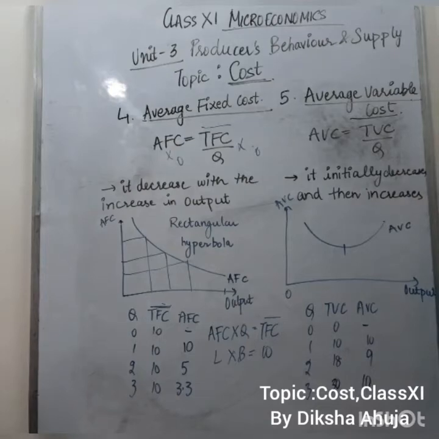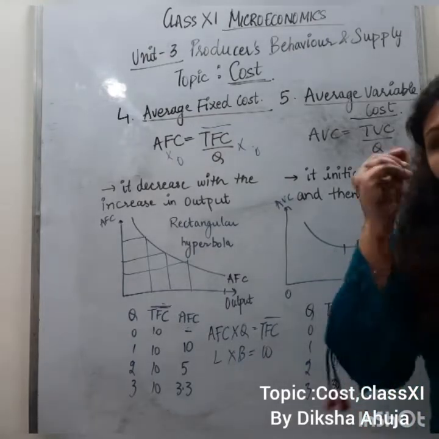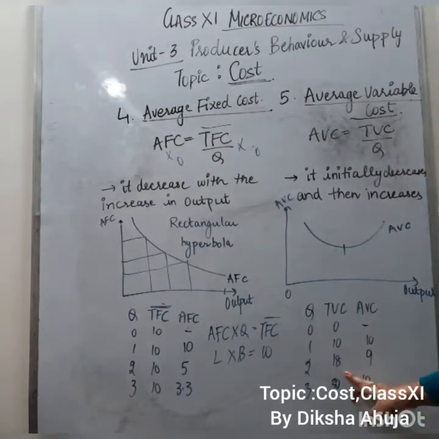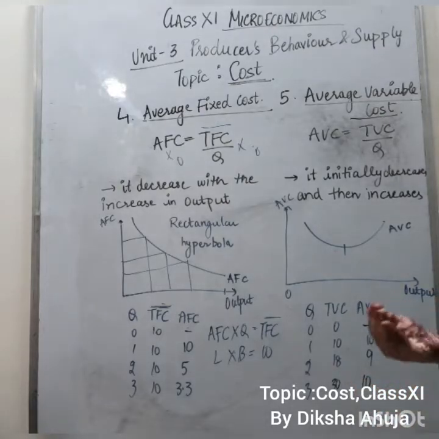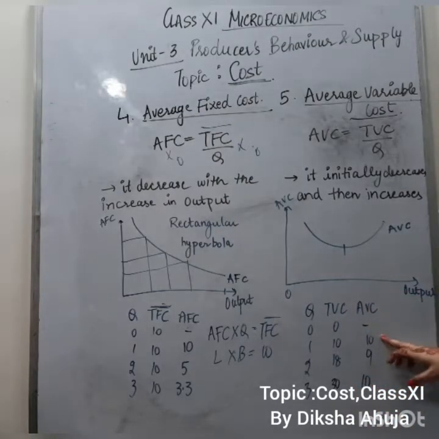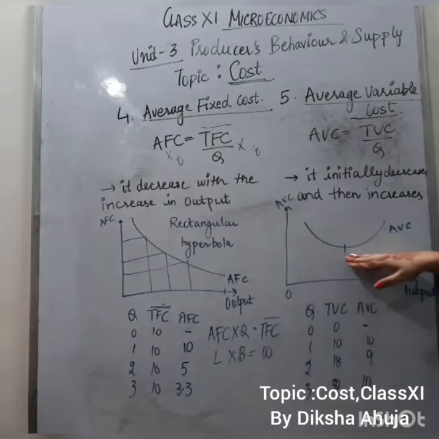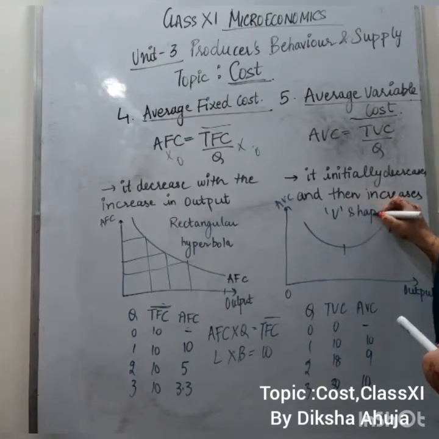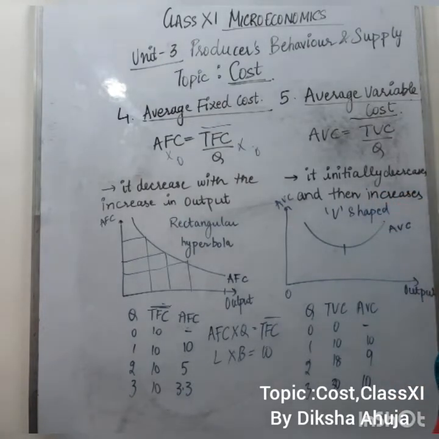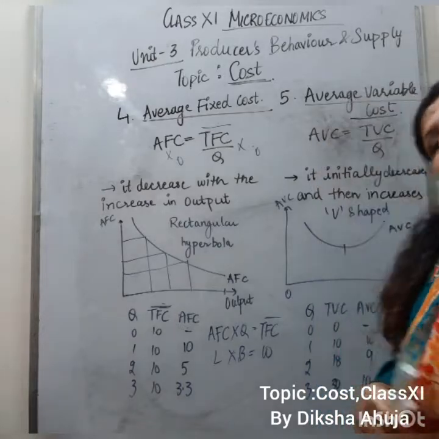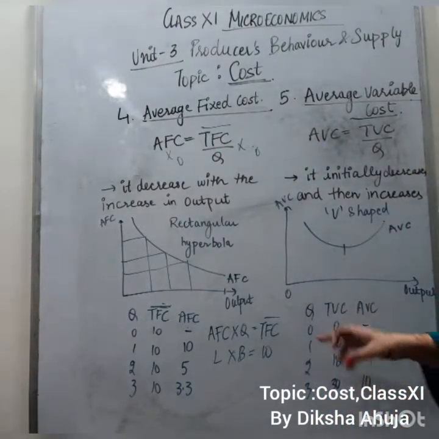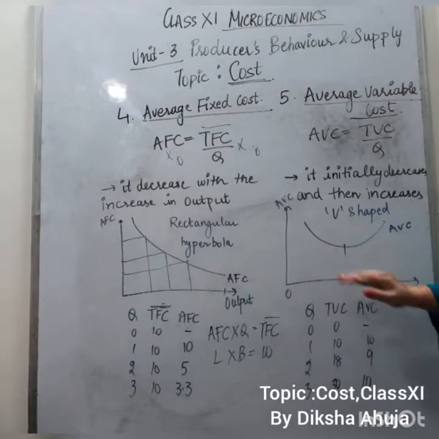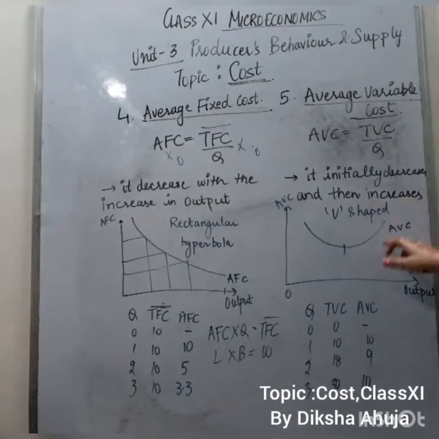So average variable cost. Average variable cost is TVC upon output. Let's say output is 1, 2, 3 and TVC is 0, 10, 18. It is increasing. As we have studied, total variable cost increases at diminishing rate, then increases at increasing rate. AVC first falls, then rises. So AVC is a U-shaped curve, right? It is U-shaped because of law of variable proportion, because when production increases speedily, at that time total variable cost increases at diminishing rate, but at that time AVC falls and then it rises, right?